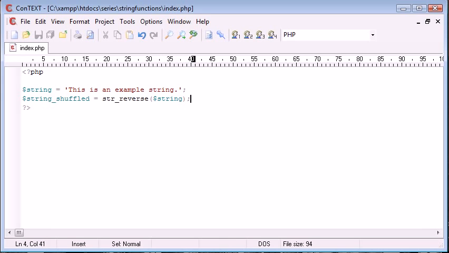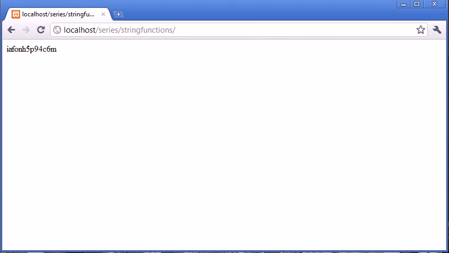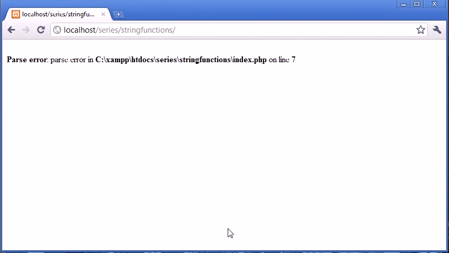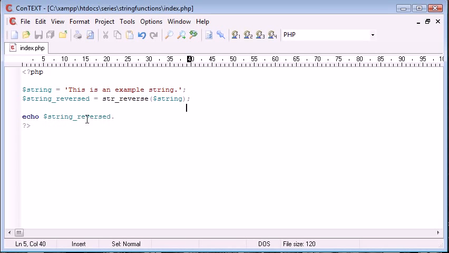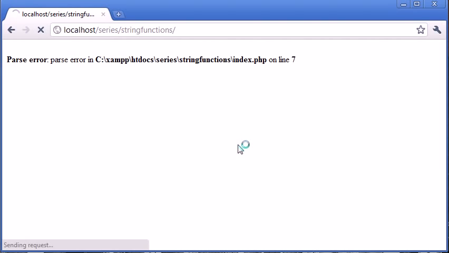Str reverse, and then we could echo out string reversed. Let's go ahead and change our variable name here. Reversed. So what we're doing is we're reversing the string using this string reverse function, and then we're just echoing that out. So let's go and have a look at that in our browser. Parse error on line 7, so that's going to be me. Yep. Semicolon on the end of my line there. Okay, so you can see that,